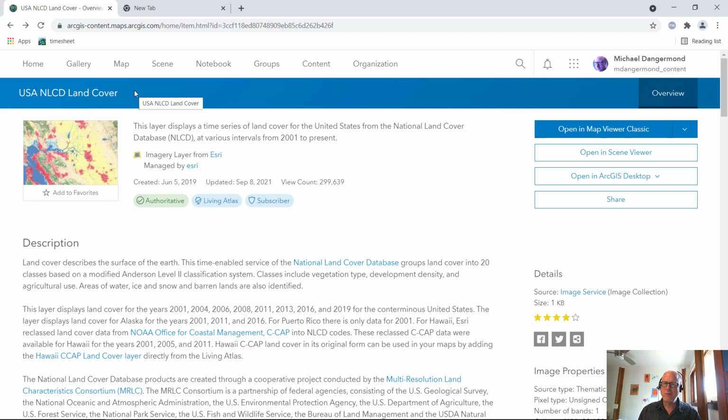And what we've done at the Living Atlas is packaged it as a time series animation by default and made it easy to come into our software and done some other tricks that make it easier to use on your end. And I wanted to show you some of those features